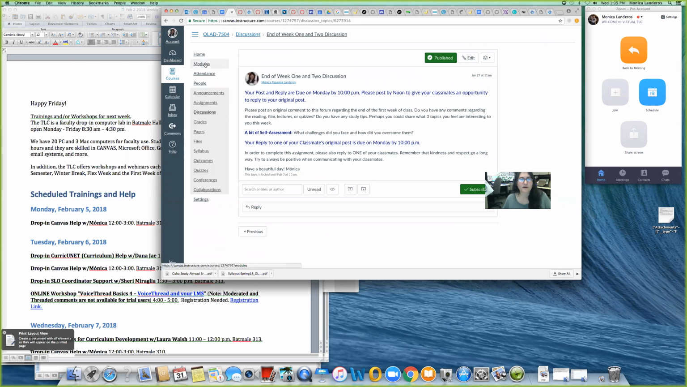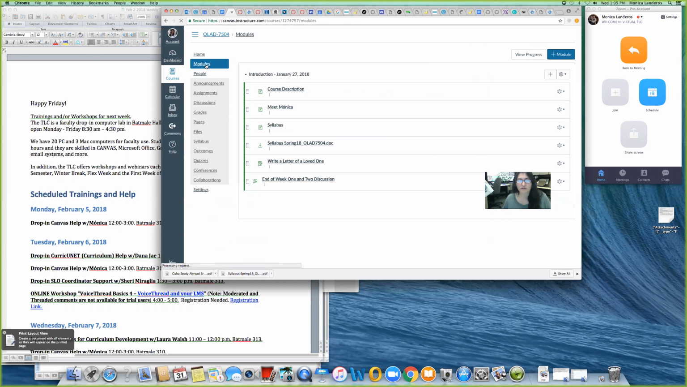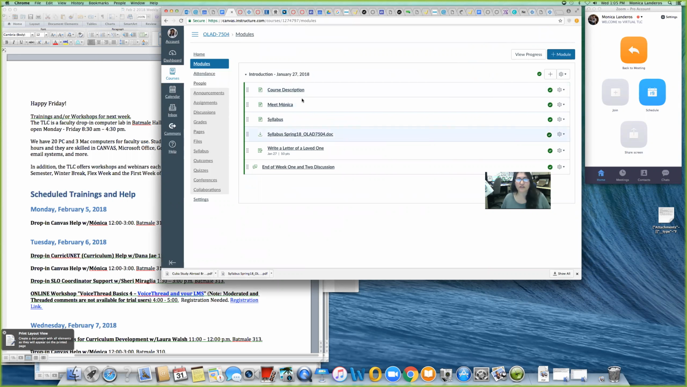Now we can go to modules so you can take a look at what the modules look like. So this module, the introductory module, is very, very simple. It has the first week, course description, meet your instructor, syllabus, 2 different ways, an assignment, and then a discussion. Later on in subsequent modules, I might have quizzes. So this again is very simple, and it's a work in progress. Let me show you then